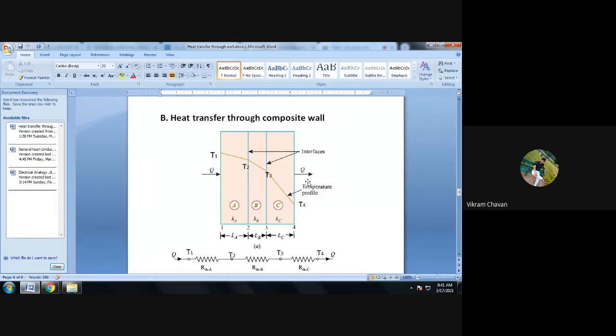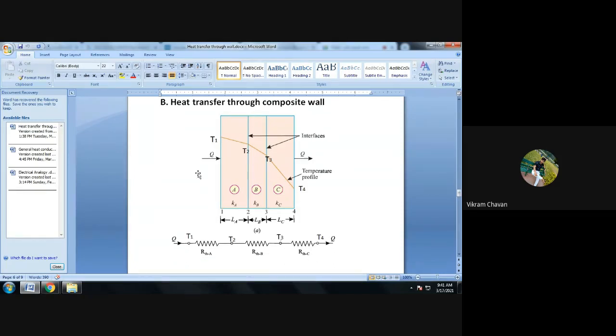Okay, total heat flowing through composite slab is constant, and it is equal to Q. Important point. If you want to note down, please note down that point. Now, if you apply the electrical analogy for this